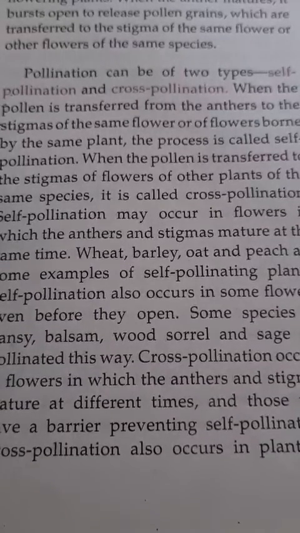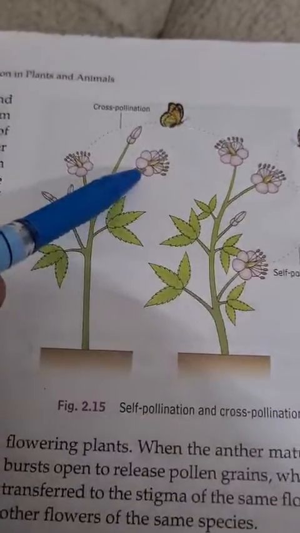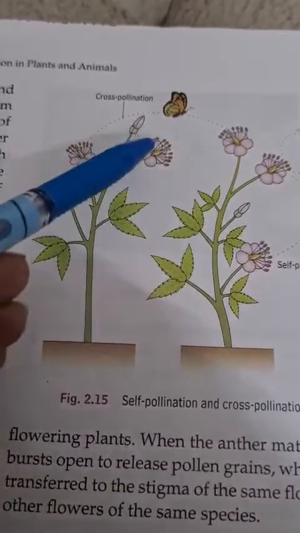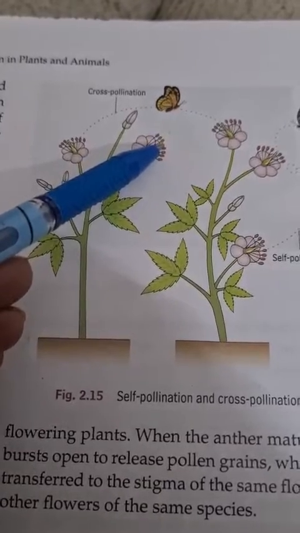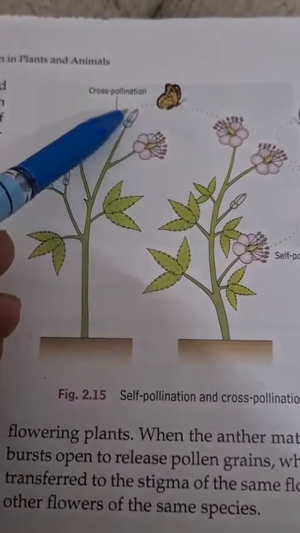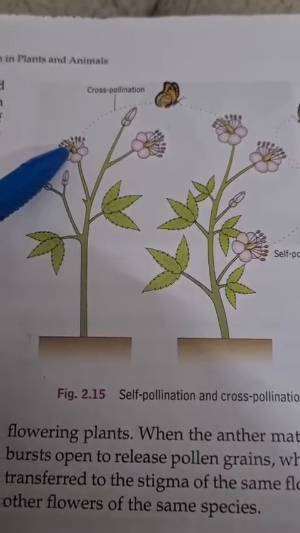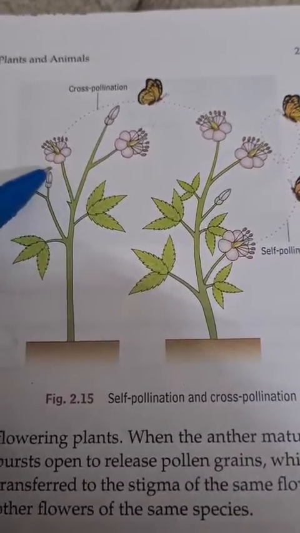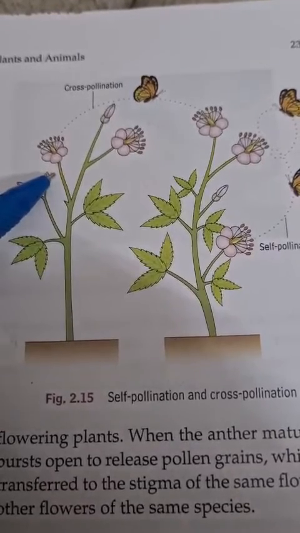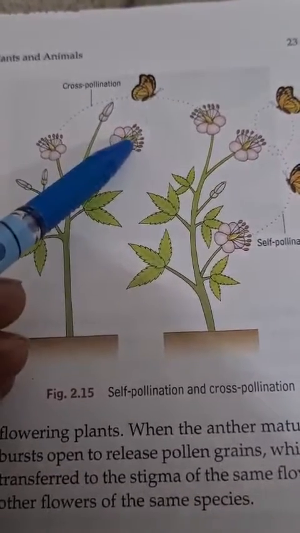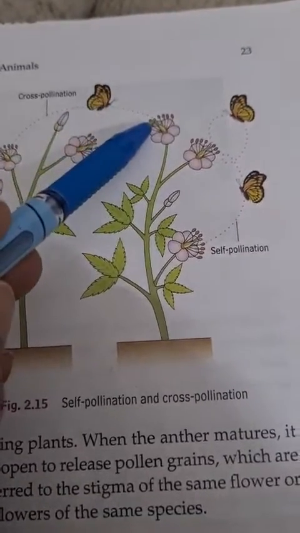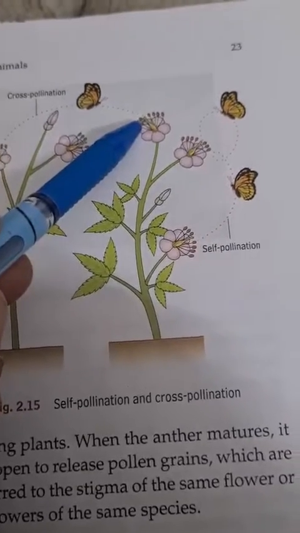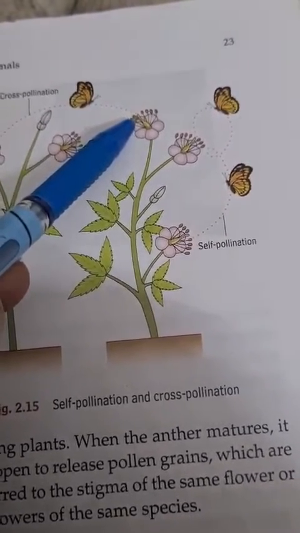That is called self-pollination. Look at this diagram. Here one bisexual flower is present. Now if pollen grains from the anther are transferred to the stigma of the same flower, or from anther to stigma of another flower growing on the same plant, that is called self-pollination. Whereas if pollen grains are transferred from anther to stigma of another flower growing on another plant but of the same species, that is called